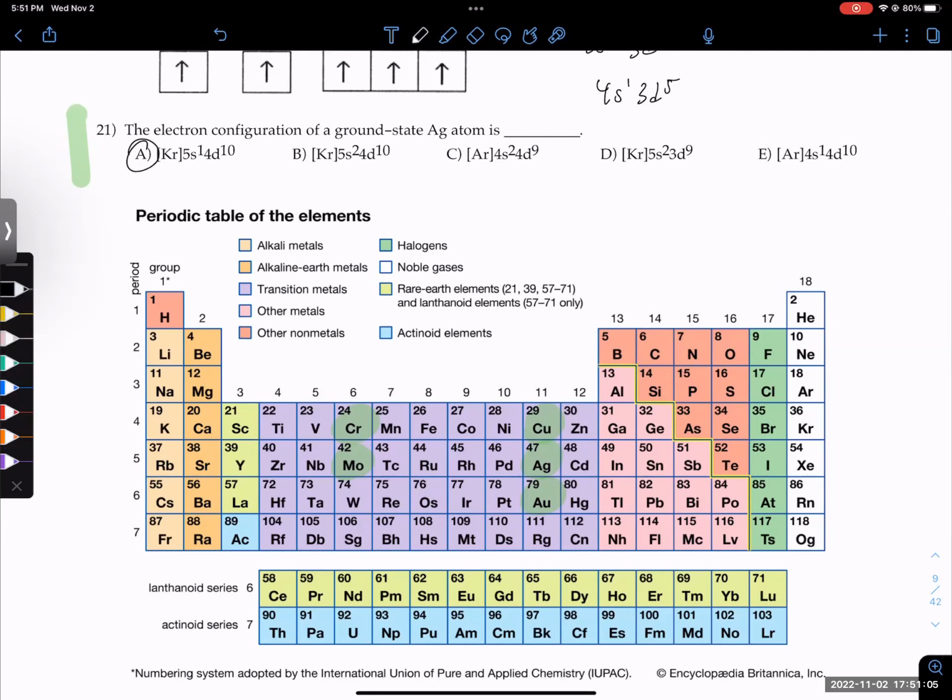The only highest energy electron there is the 5s1. So does it make sense that silver wants to always get rid of its 5s1, which is why it's always a +1 charge, right? It doesn't want to start dipping into the D subshell because it's already maxed out, it's stable, everything's perfectly the way it should be, right? So that's why silver is always a +1. It's just something that we learned earlier in the semester. You didn't know why, you just kind of memorized it. And now you know.